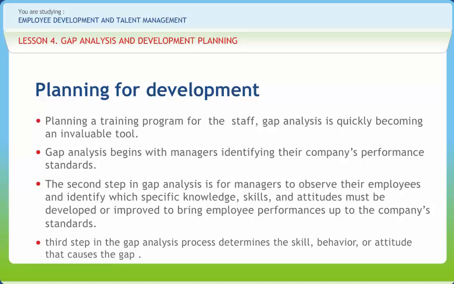Professional trainers have developed several techniques for determining precisely what type of training is needed and which problem is the cause of the observed performance gap. Managers survey other managers and employees through written questionnaires or personal interviews. Managers can watch employees at work to determine where there is a gap between the company's standards and the performance